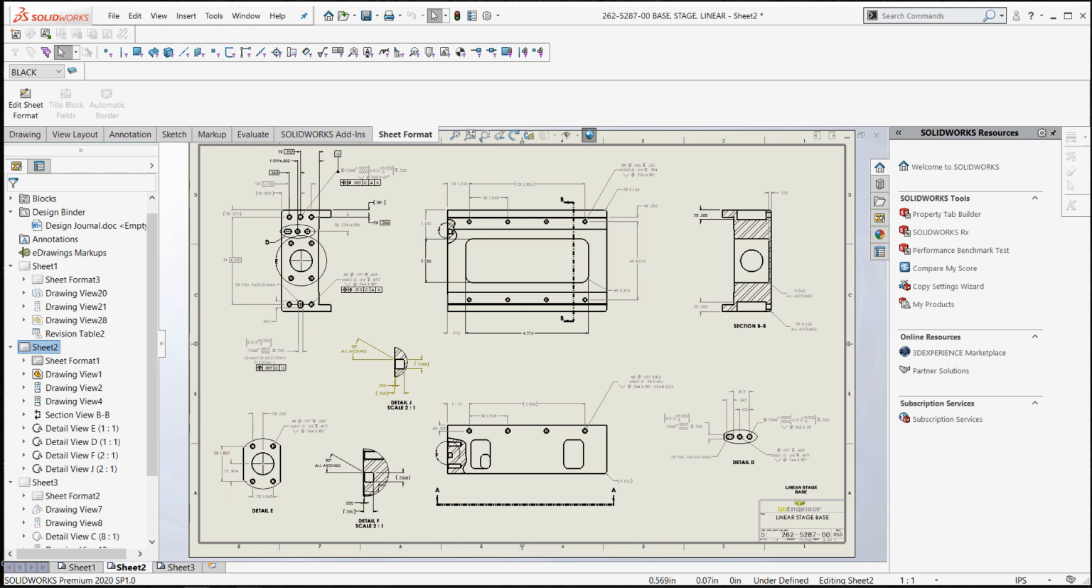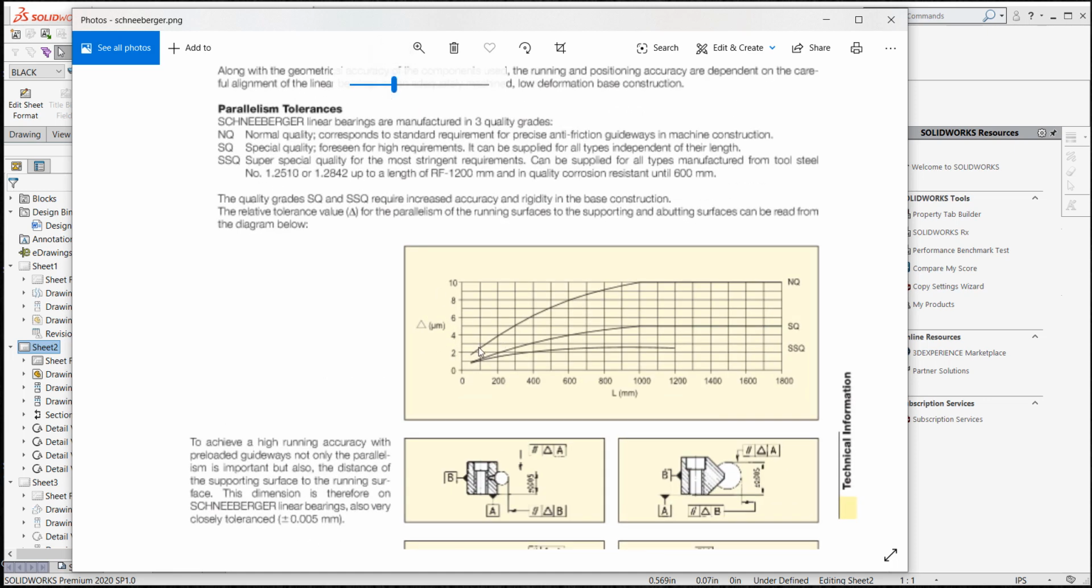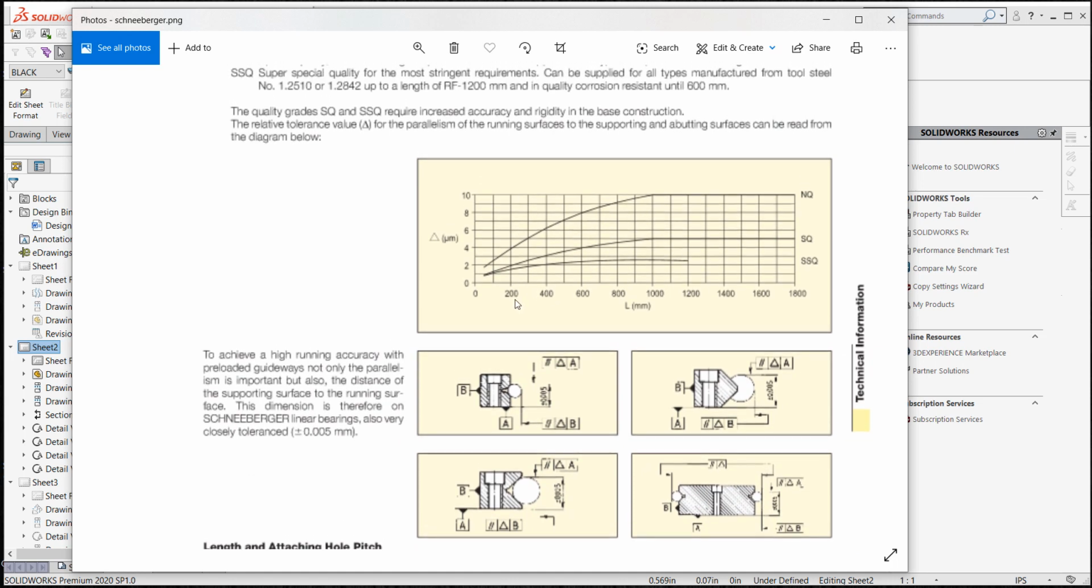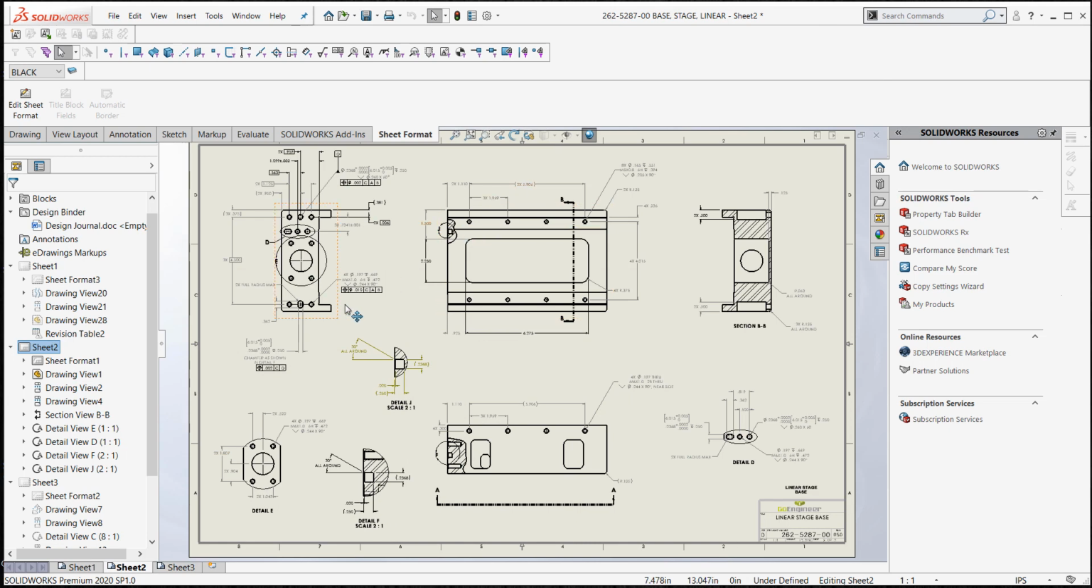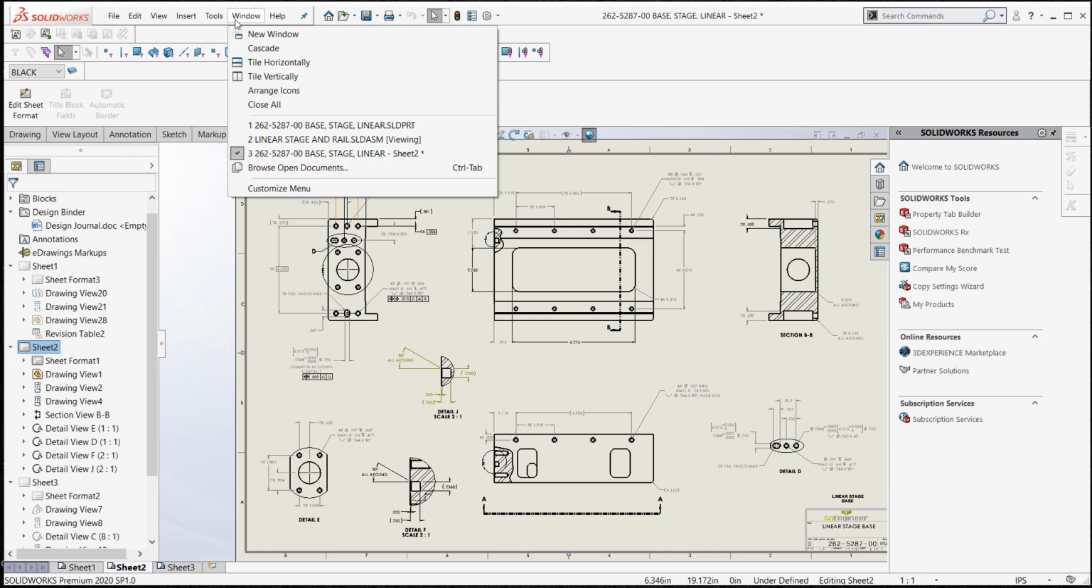So let me just get started and we can go in and at least show you where some of these tolerances came from. If you're using Schneeberger's linear bearing rail, you can go to their technical information guide. And they've got their tolerances in micrometers, and you can go in for the size rail bearing that you're using and get the information from them. What I'm going to do is really mimic or duplicate what's on this drawing, starting from scratch with